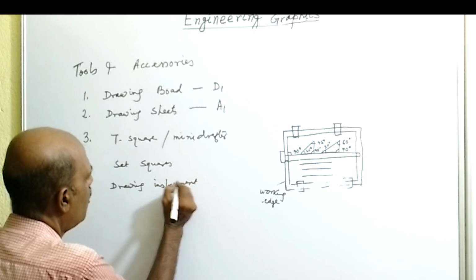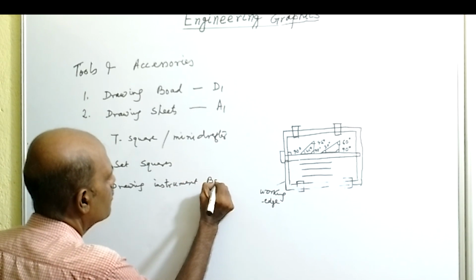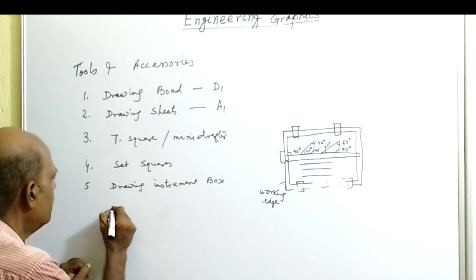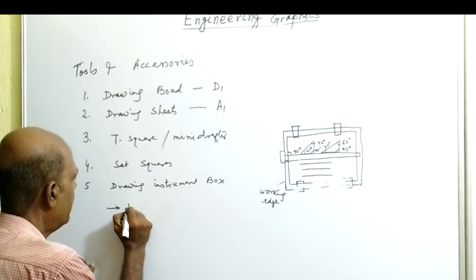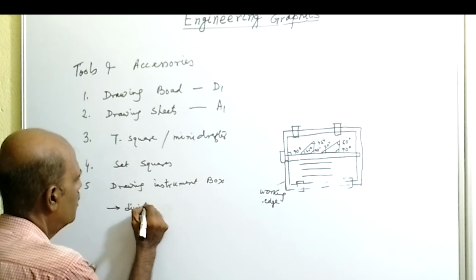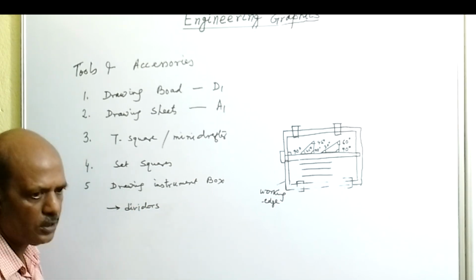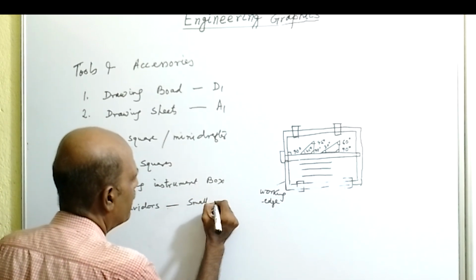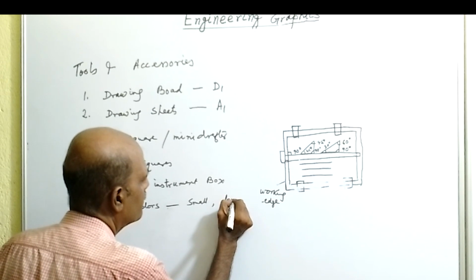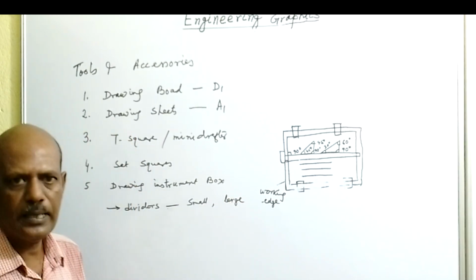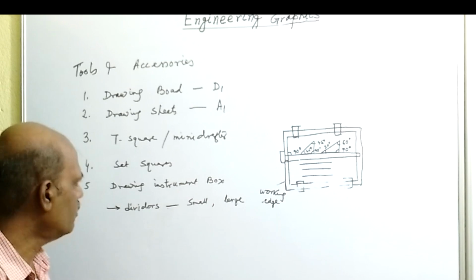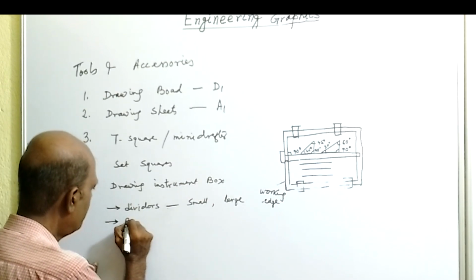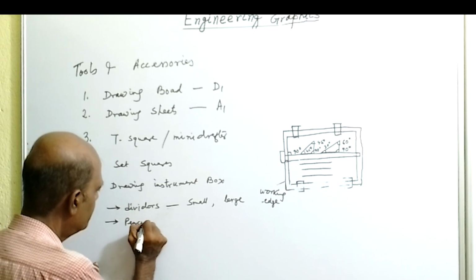So this instrument box contains so many components. Number one, the dividers, that is dividers of small size as well as large size. To measure the angle, to transfer the angle, dividers are used. Next we have the pencil compass,